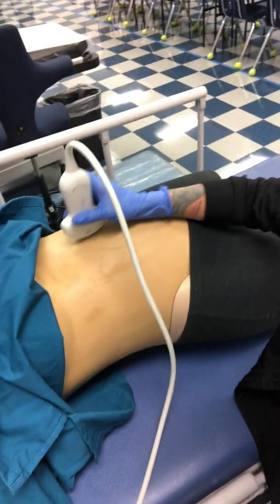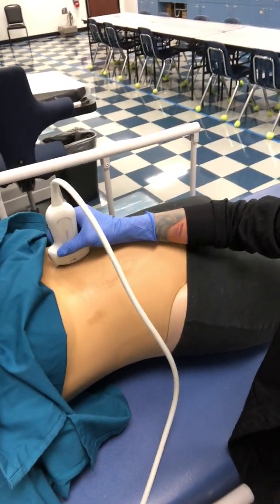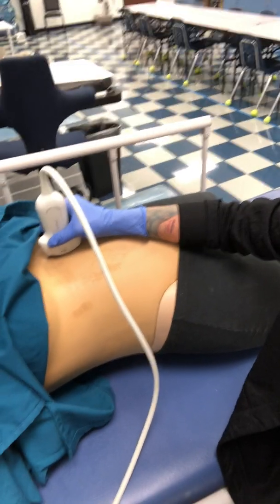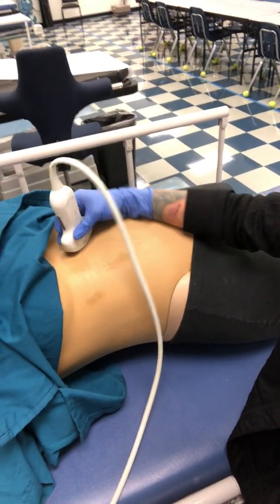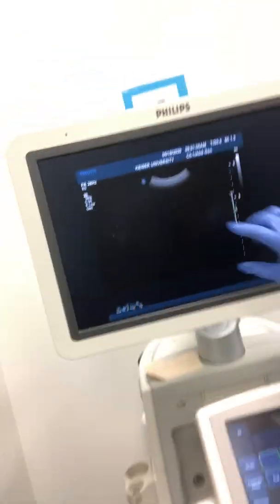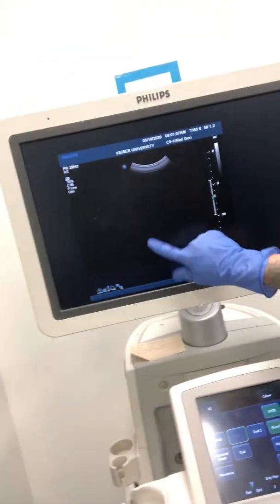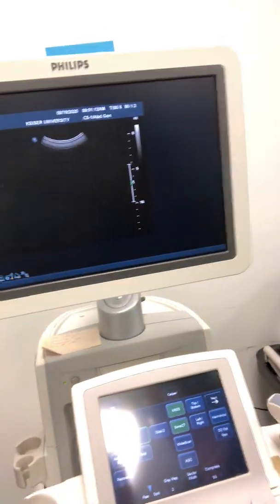And again, if we're scanning from the supine position and we're scanning from the anterior approach, the only way the sound beam can travel is posteriorly. So depending on where your notch is going to be is what really changes the screen. The top and the bottom of the screen